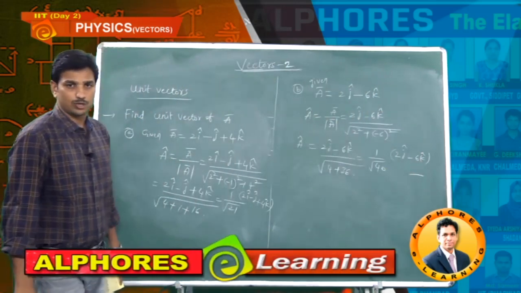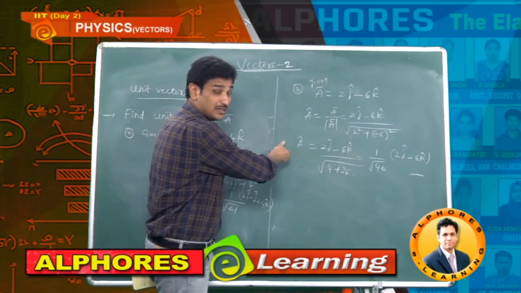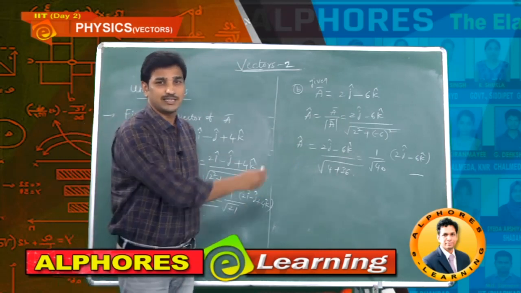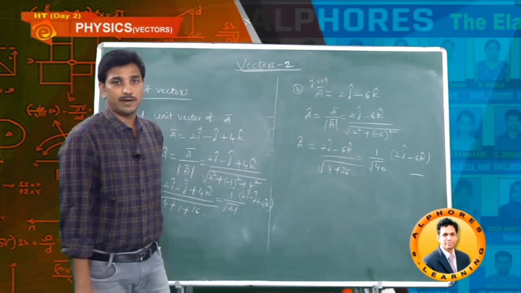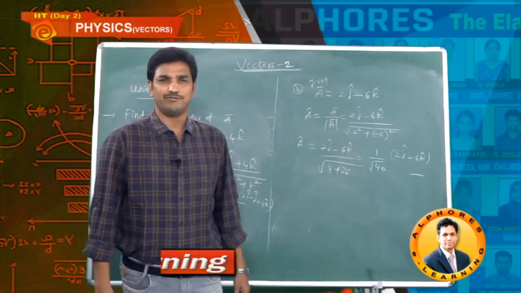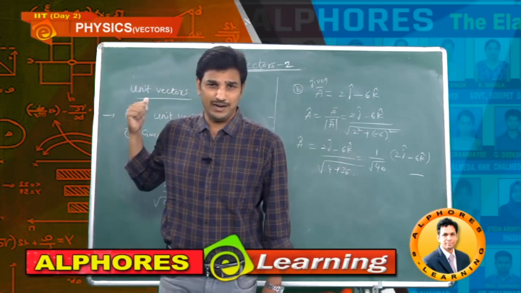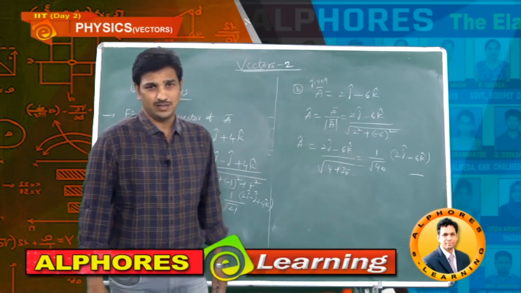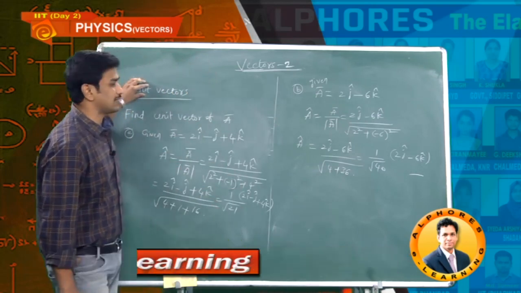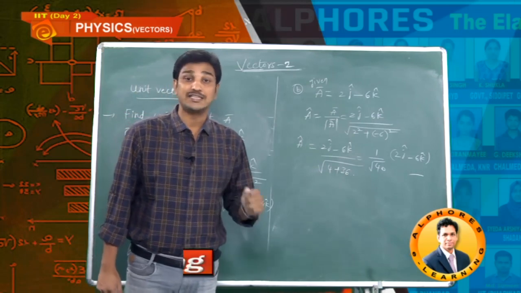Now I think you got the clarity on how to calculate the unit vector of A bar. Simple and easy. No need to think more about it because it has a simple formula, A bar by mod A bar. Now, sir, what is the use of this unit vector in physics? What's the correlation? Why should I learn these unit vectors? I will tell you, because the basic significance and usage of unit vectors is in physics.